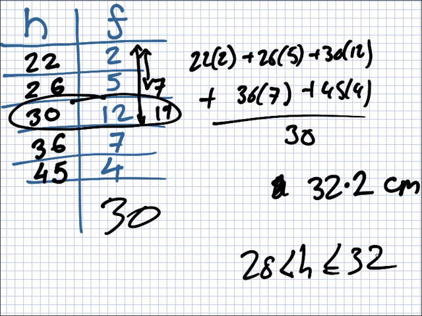I got 30.33333. That's a bit off. So is it a specific number that you take in between? Which part are we talking about? Part 1. Part 1 should be exactly 32.2. If you're not getting exactly 32.2, then it means you've typed in something wrong. You take a number in between, so what's in between 20 and 24? It has to be exactly in between. You can't just pick any old number in between.